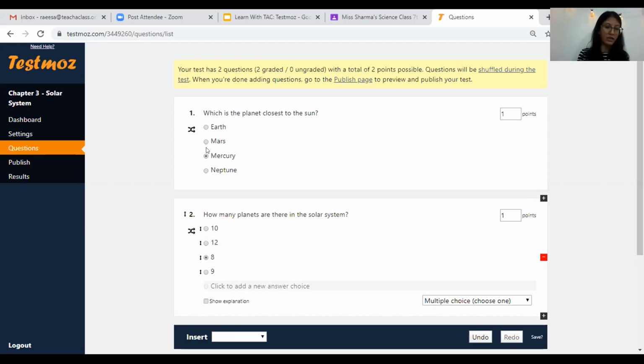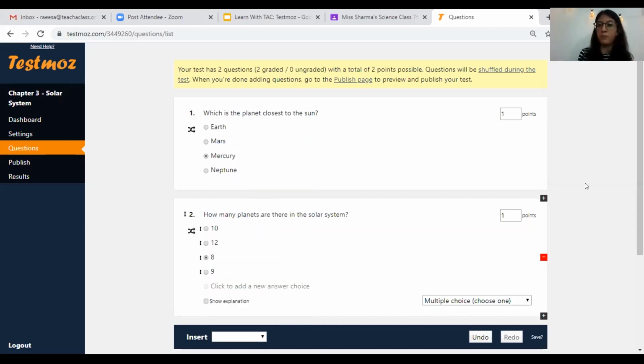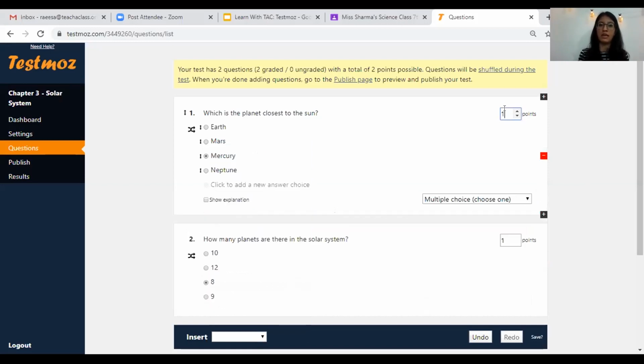Now let's look at another question type, that is multiple choice but choose many. But before I go on to that, let me bring your focus to the points that you can see over here on these questions. These are basically the scores or the marks that you want to assign to each question. Now this is a multiple choice question which has the appropriate mark of 1 point.